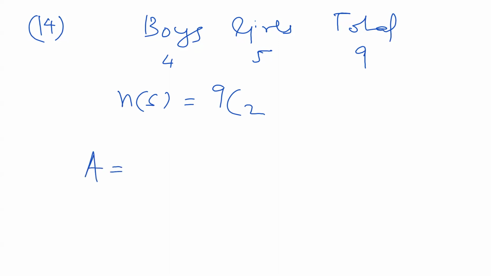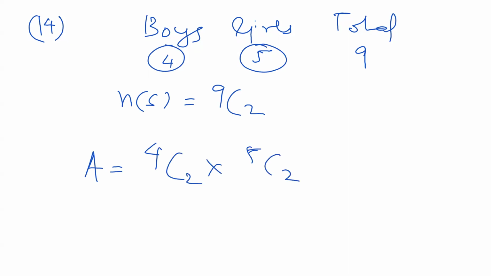So main event A, we require 2 boys and 2 girls. 2 out of 4 boys can be selected in 4C2 ways and 2 out of 5 girls can be selected in 5C2 ways. So this is n of A. So P of A is equal to n of A upon n of S. This was the first sub question. Next sub question